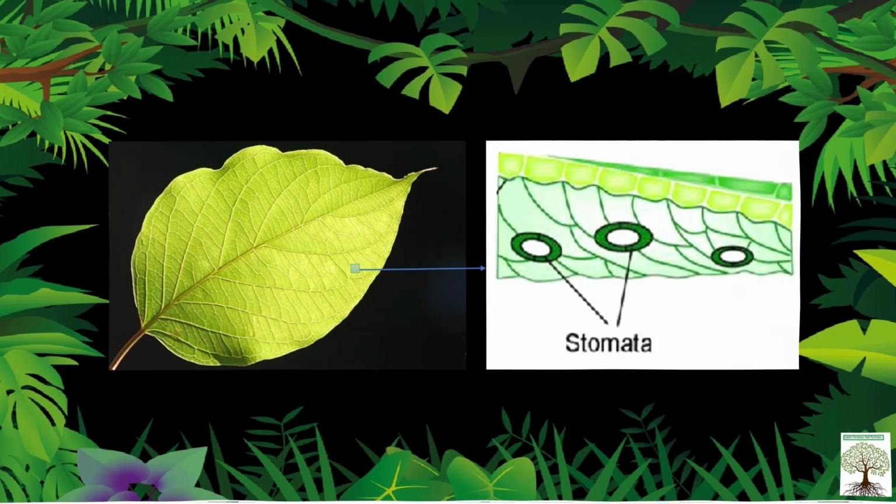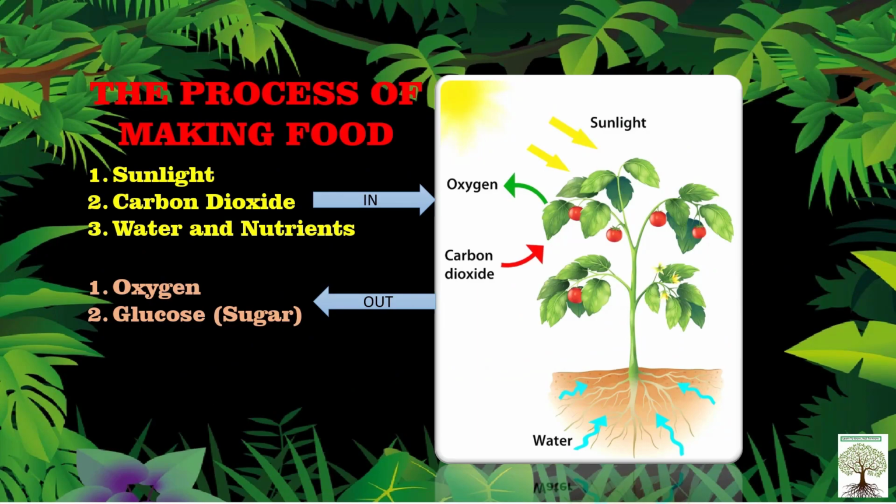Let's see photosynthesis, the process of making food. See, plants make their food in their leaves, right? So the leaves are mostly green in color because of a green substance called chlorophyll. So chlorophyll is present in the leaf of the plant, due to which the color of the leaf is green. Now this substance is necessary for the leaf to make its food. Okay, so that is why only plants with green leaves can make their own food. So plants like mushroom cannot make their own food because mushroom has no green leaves, right?